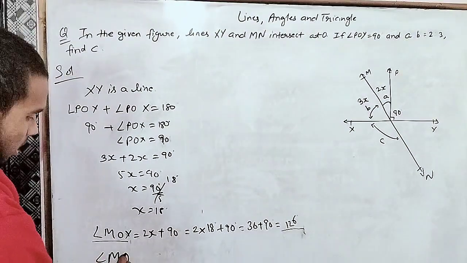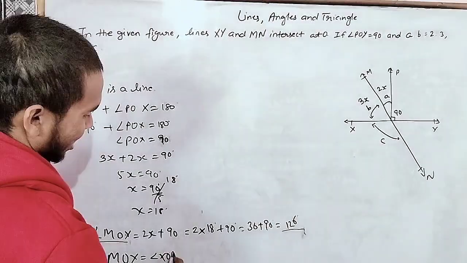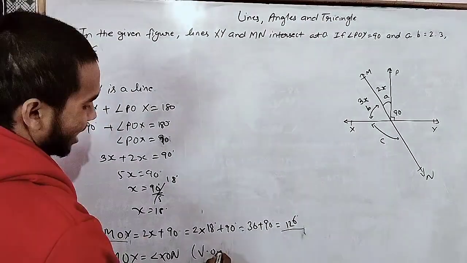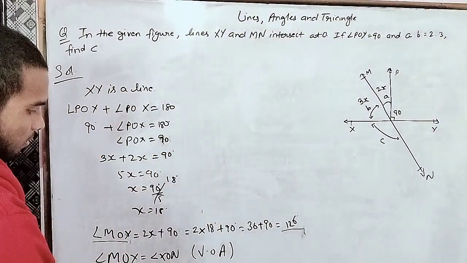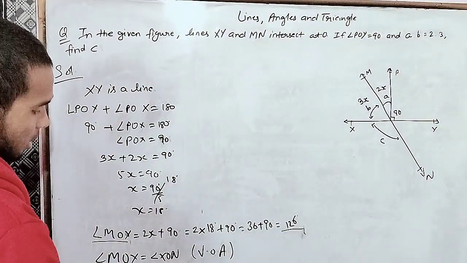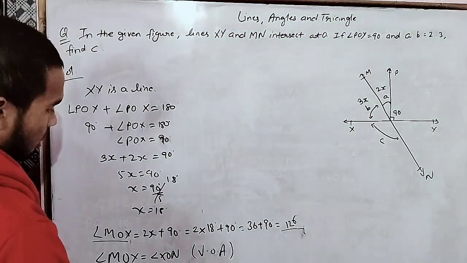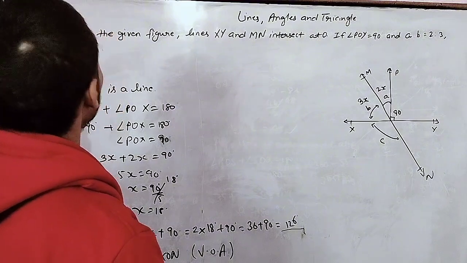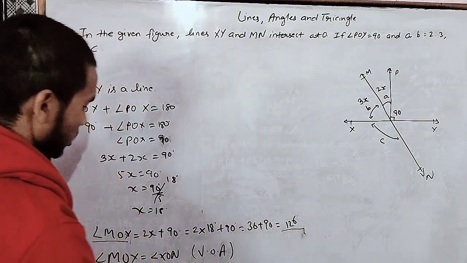Because of vertical opposite angles. So angle MOY is equal to angle XOA, because of vertical opposite angles. Okay, vertical opposite angles. That's all. So can we write C is equal to 126. So we found the value of C. Now we have to find the value of